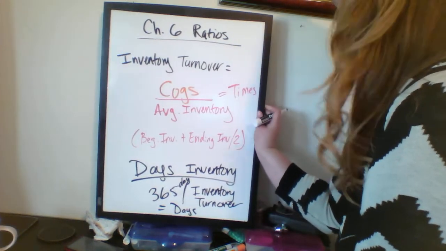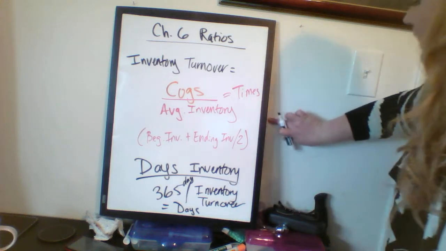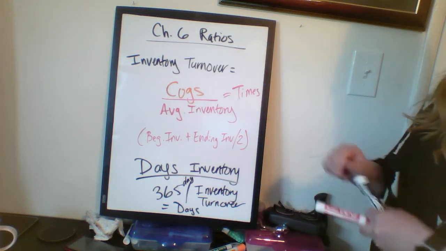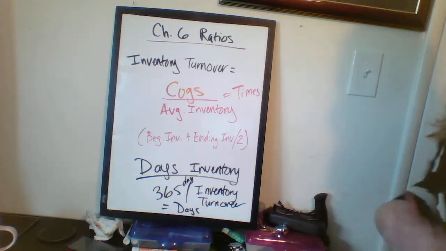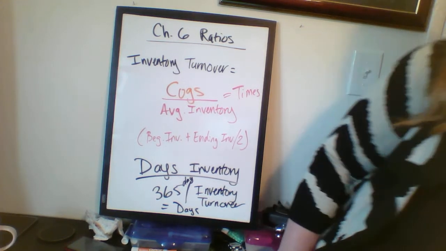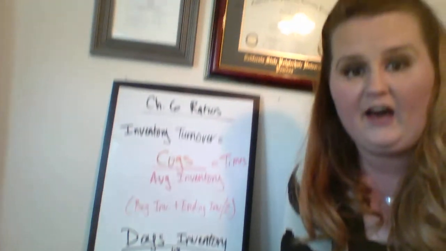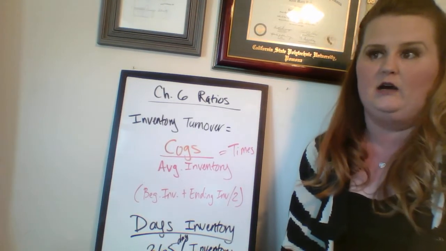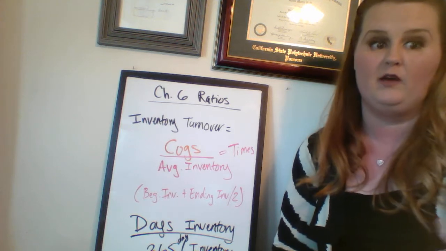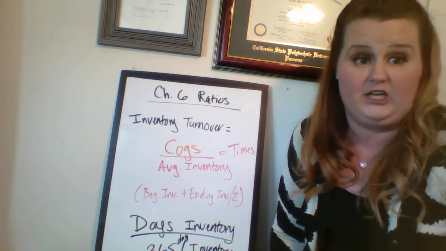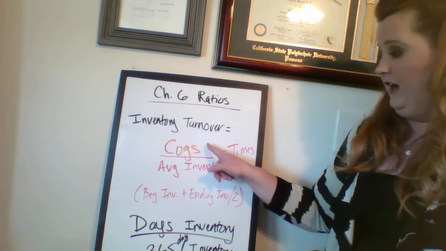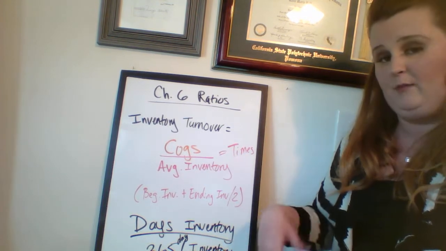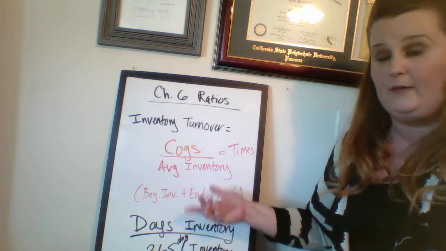All right, so let's take a look. Inventory turnover measures how fast the inventory turns over. The more times that it turns over, specifically, the more money that all of the businesses will make. So specifically, we want to know if our sales are matching the units that are being sold. So specifically, we would look at cost of goods sold, right, which came off the Chapter 5 income statement, divided